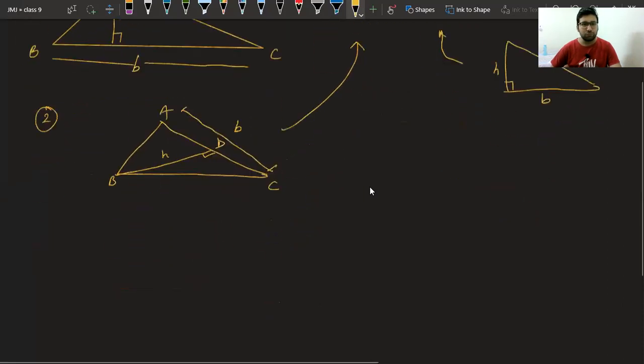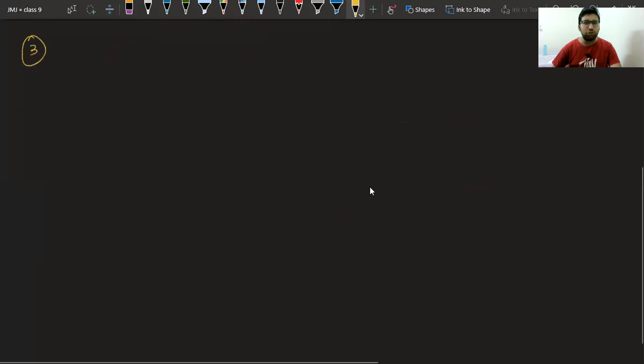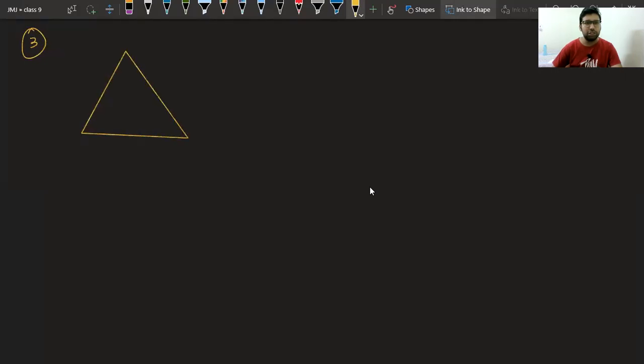But one more case is there that we know already. A case of equilateral triangle. Class, do you know what is area of equilateral triangle? This formula we also know. Please tell me the formula of area of a equilateral triangle. Root 3 upon 4 a square by Moksh Tushir.